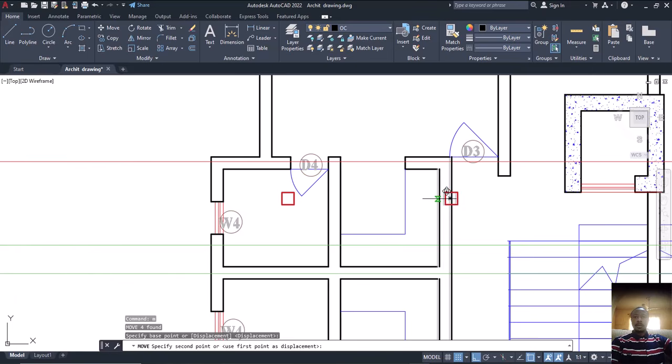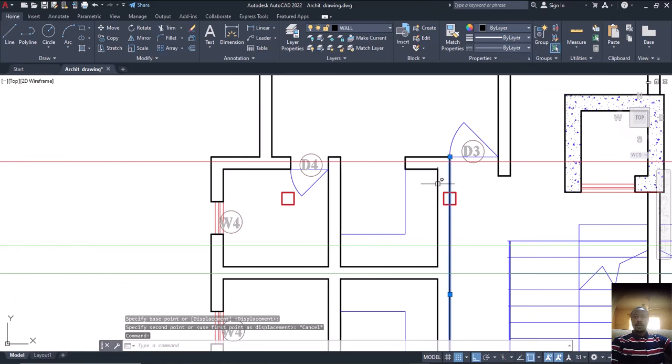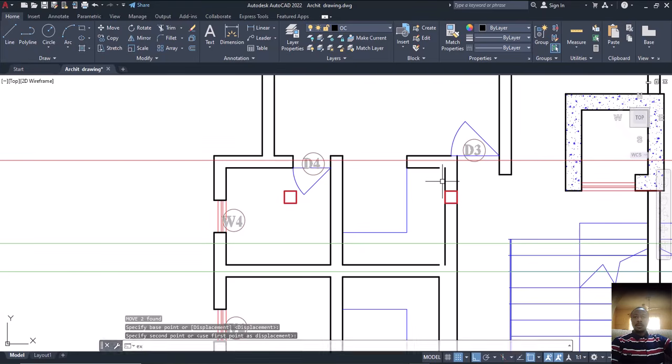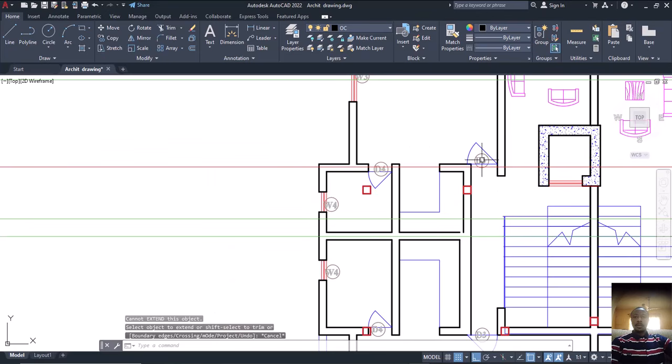Let me just say, oh sorry. It's only this one, and this one. So I'll now come here, enter. Automatically it's coming here. Can you see it now? So EX, enter. Okay, almost the same thing. They will adjust this one. This is a door. Is that okay? This is a door. So let's see